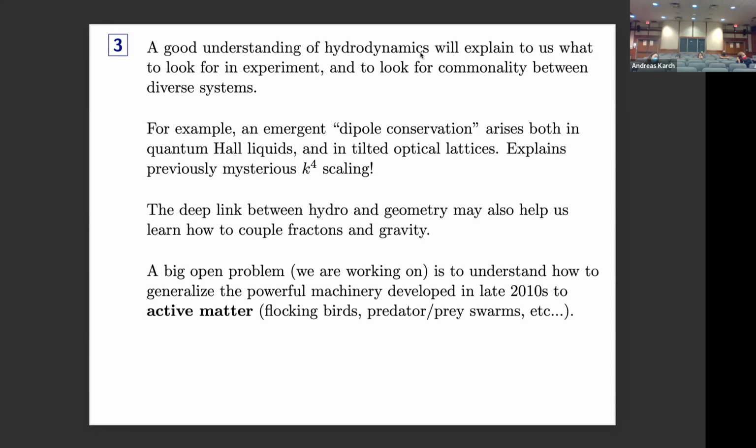For this system, the thermal equilibrium state would correspond to an infinite number of parameters, not just temperature and chemical potential, but also the chemical potentials for all the conserved charges. And now you can ask, what happens if you make the system slightly inhomogeneous, where all these infinitely many charge densities or chemical potentials are smooth functions of space? It's a legitimate question to ask what the equations of motion of these quantities are. This I would call the generalized hydrodynamic equations.